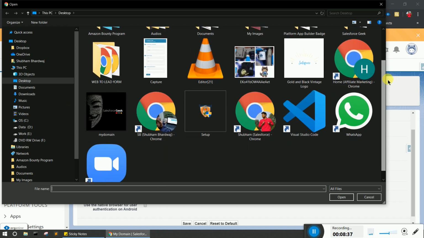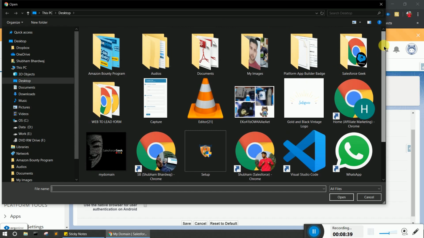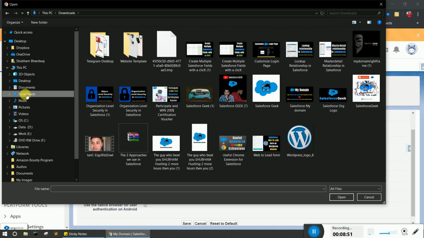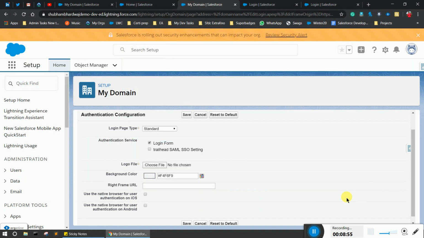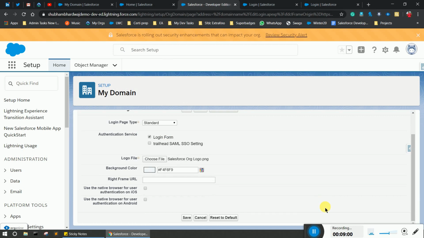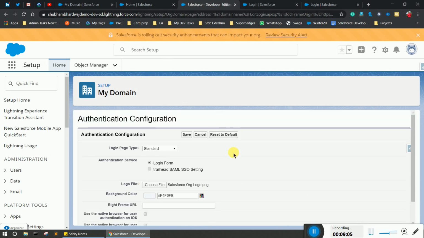So let's choose one. It should be in the Salesforce Geek folder. Let's go into downloads, and here is the one. As you see, the logo is uploaded into the authentication configuration settings.